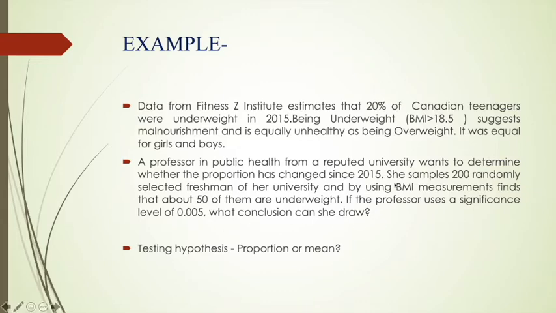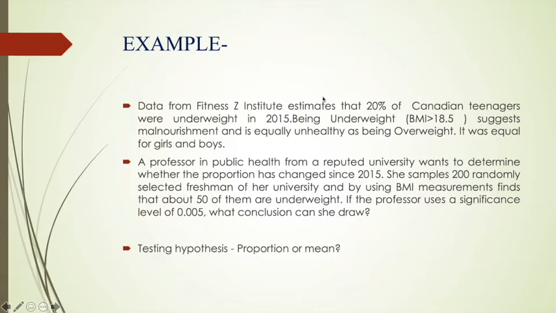First thing, when we look at the question, we have to identify if this is a proportion question or a mean question. So we use two variables for stating our null hypothesis. For carrying out our hypothesis test, it's either a proportion or a mean. To define proportion, we use pi, the Greek letter pi. To define mean, we use mu.